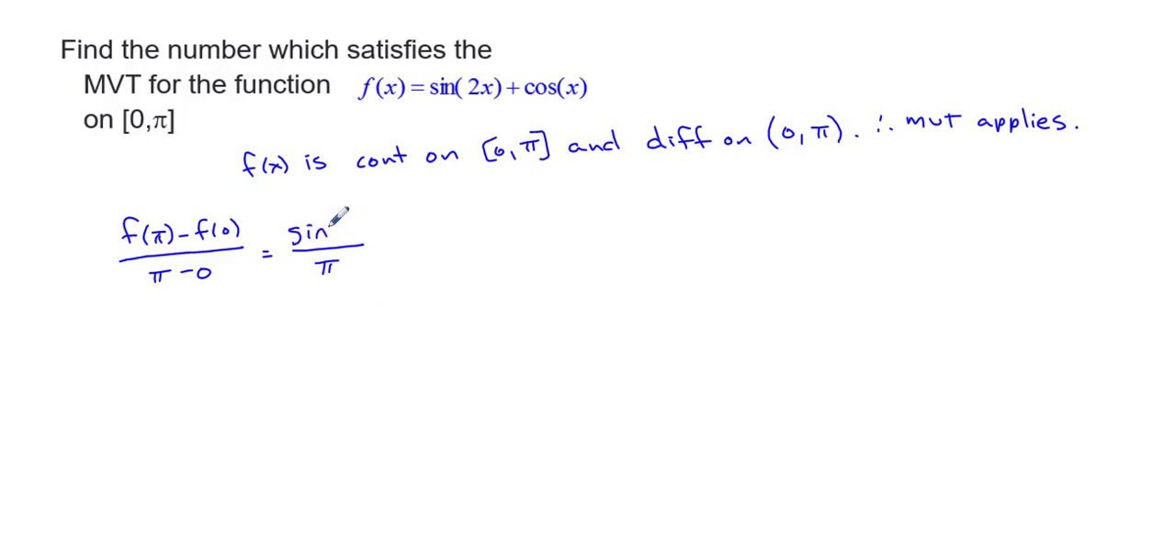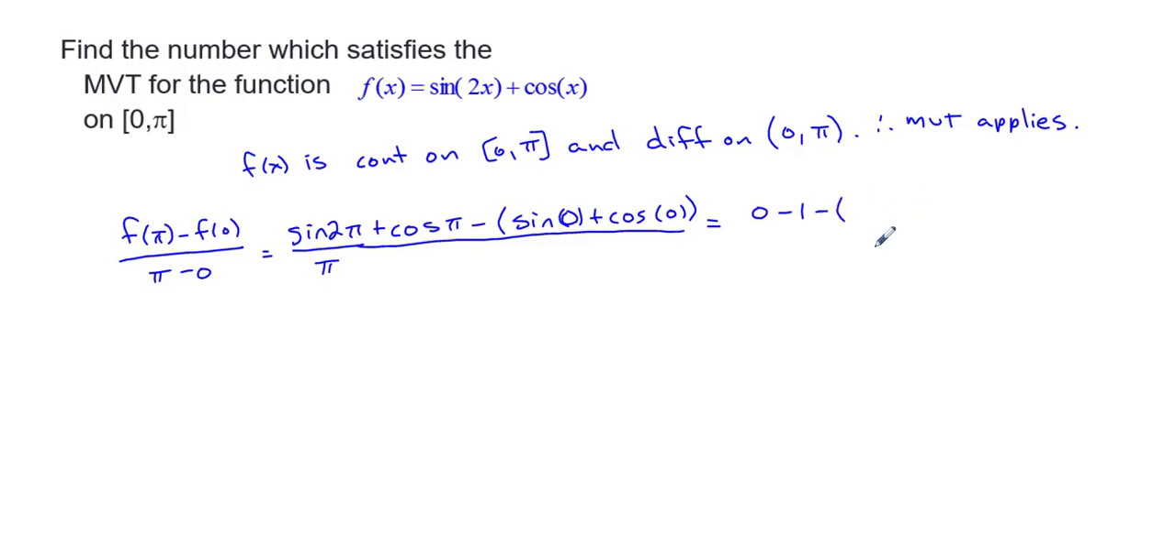Sine 2 pi plus cosine pi minus sine of 0 plus cosine 0. All right, let's do this without a calculator. Sine 2 pi is what? Cosine pi minus sine 0, cosine 0,